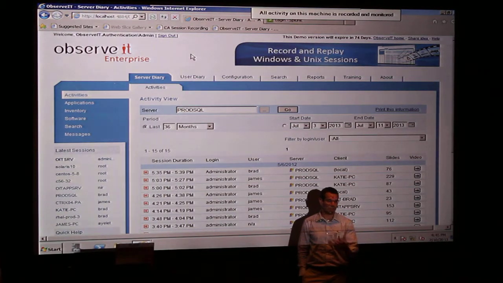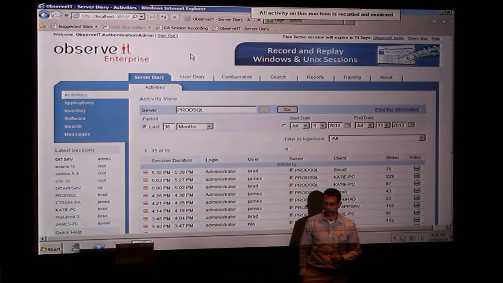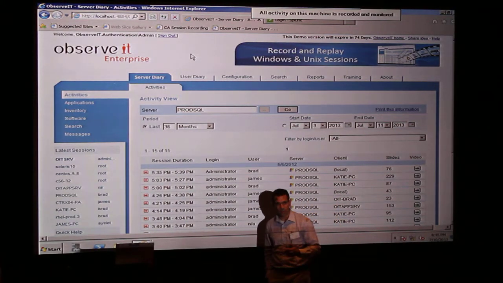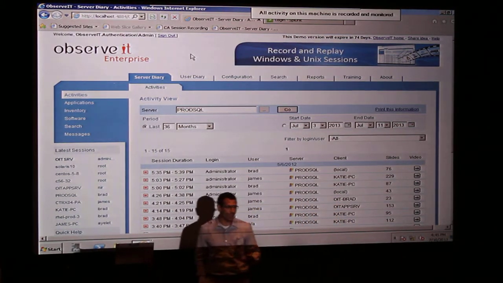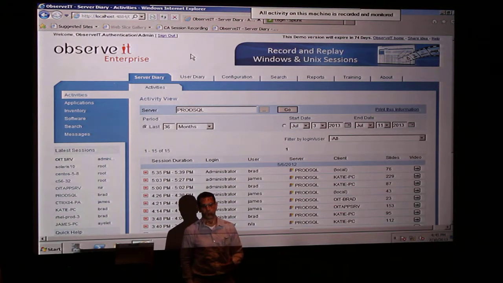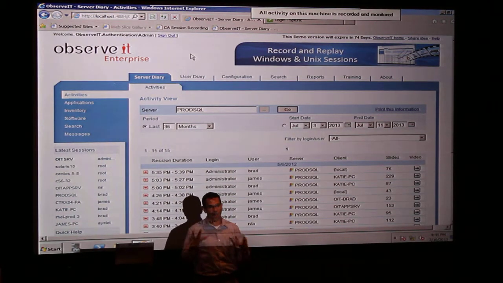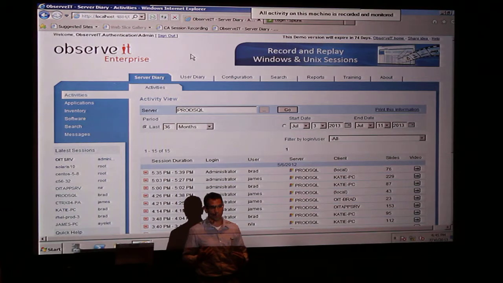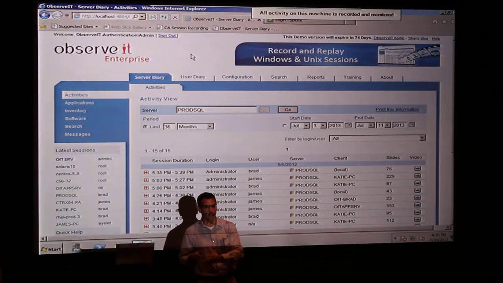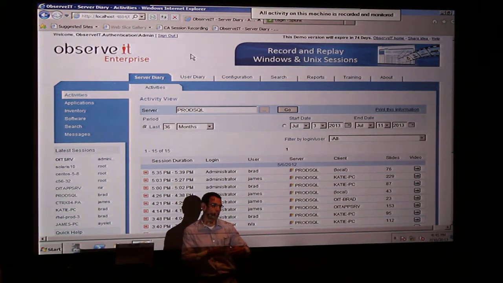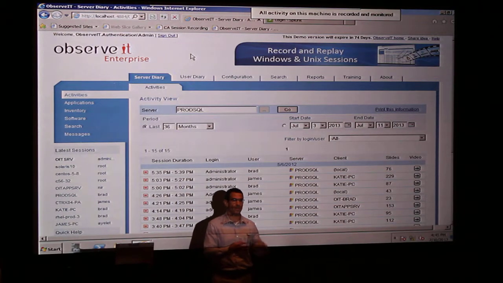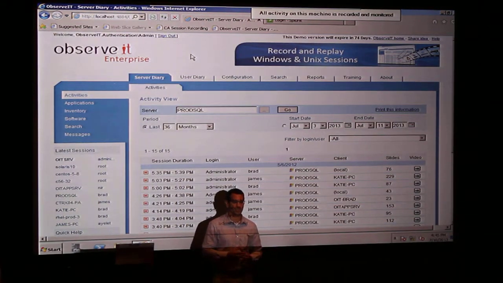So I developed a solution that includes video analysis within it, and that's what I want to show you in the demo today. How we can actually find out what's within the video without having to actually view a second of it. And that's the whole concept of our solution. On one hand, it records by video what somebody's doing, but on the other hand, you don't have to sit back and watch hours and hours of video.